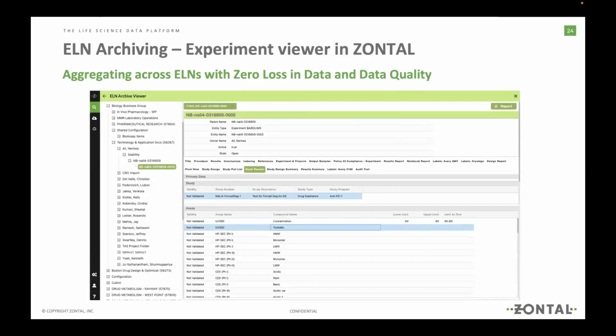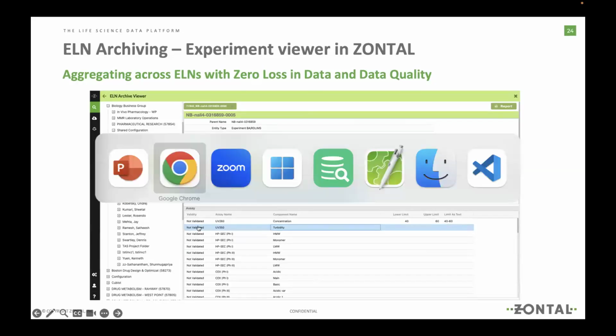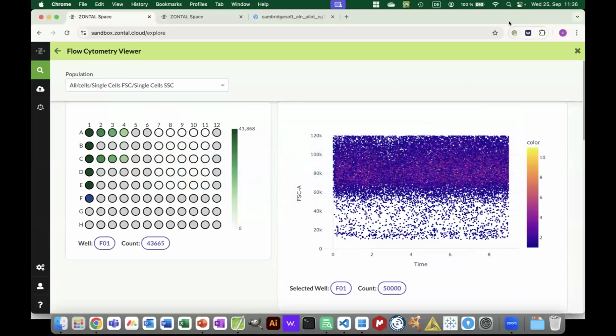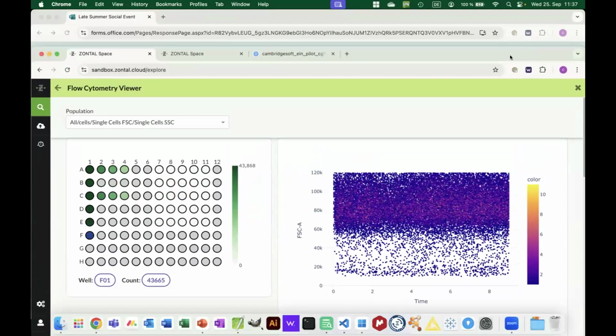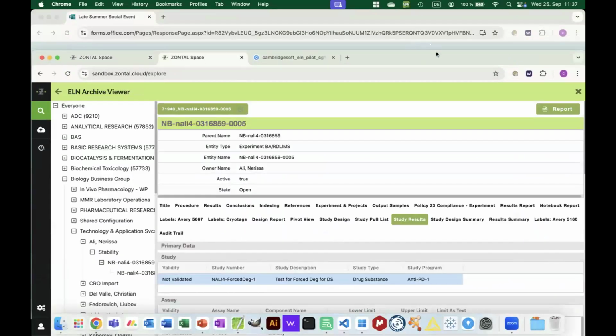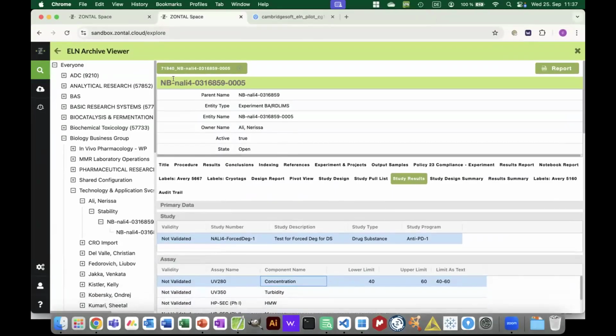And looking at the time, we can say, okay, let's look into one of these ELN examples. So how does that zero loss really look like in Zontal? And this is just a screenshot. Let me quickly jump into my browser here and show you this ELN archive viewer. And you can see there's a lot of different things ingested here in my demo